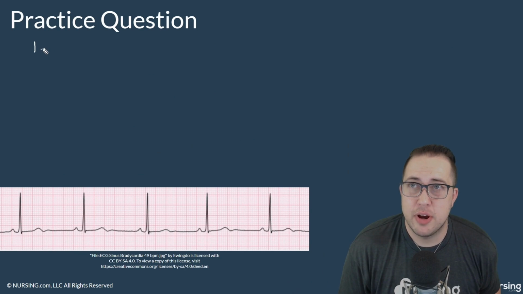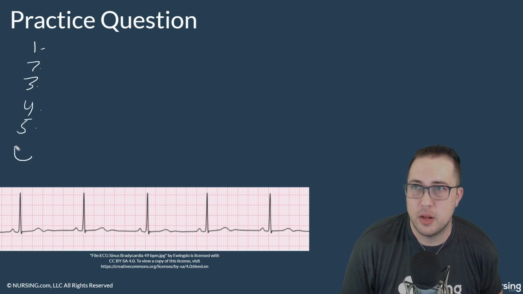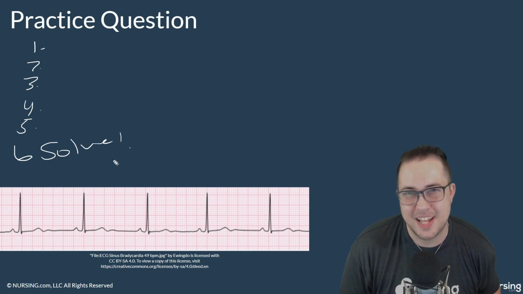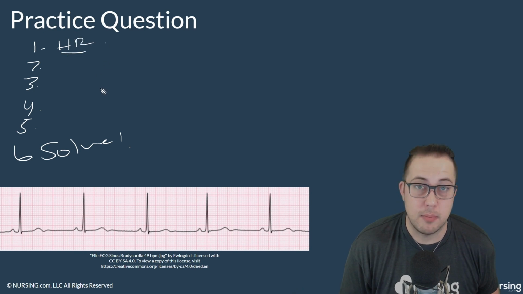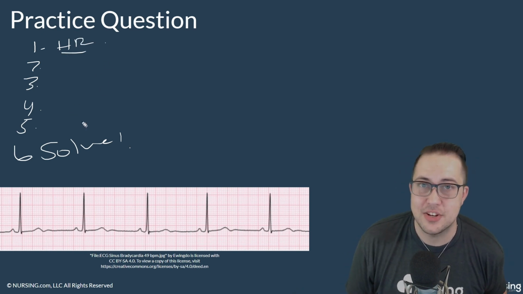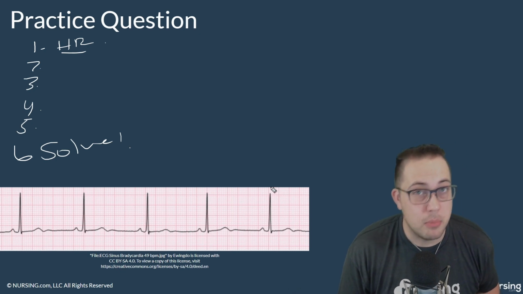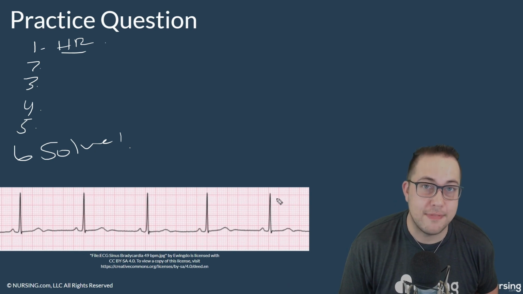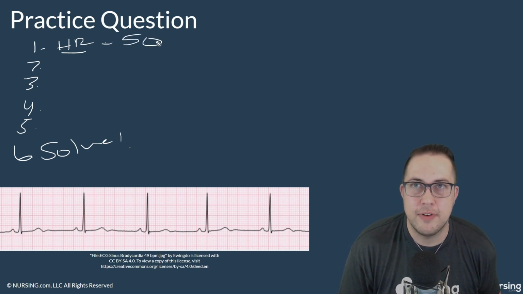And so looking at sinus bradycardia, or should I say looking at an actual little strip here, again, we're going to implement this 6-step method to solve, knowing that that 6th step is to solve. And the first thing that we're going to do is look at a heart rate, remembering that this here is a 6-second strip. So all we do is take our number of QRS complexes and multiply by 10. In this instance, we have 1, 2, 3, 4, 5 QRS complexes times 10 equals a heart rate of 50